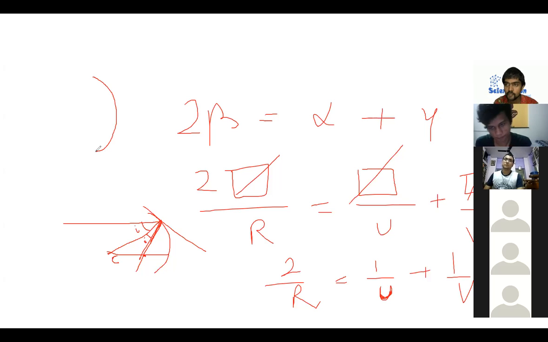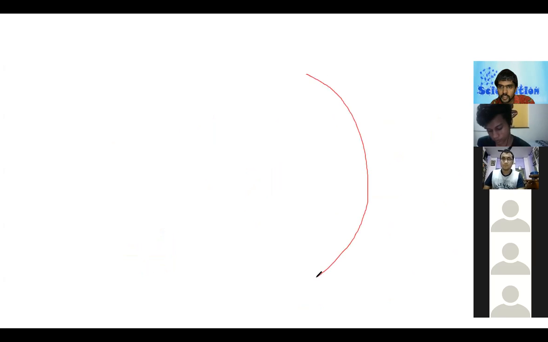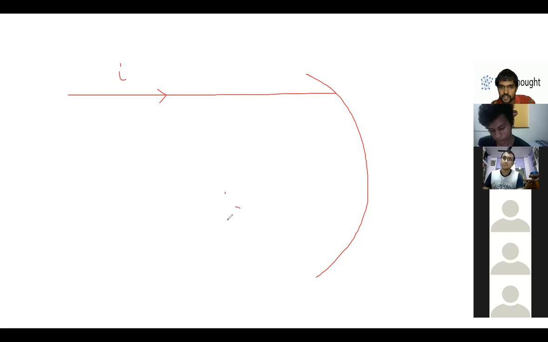The mirror formula came from the observation that these angles alpha, beta and gamma are in arithmetic progression. We will see a puncture problem at the end of the class, where we will derive our own new mirror formula. But now I would want to see the magnification also. But before that, I haven't thought through this before, but now while doing it, I'm getting this question. If the light is coming from infinity, we know that this angle and